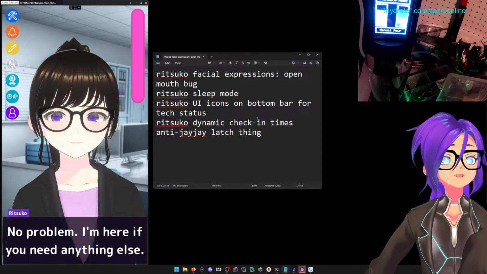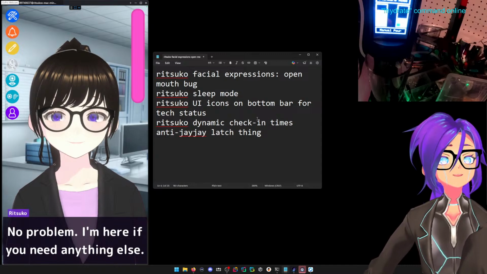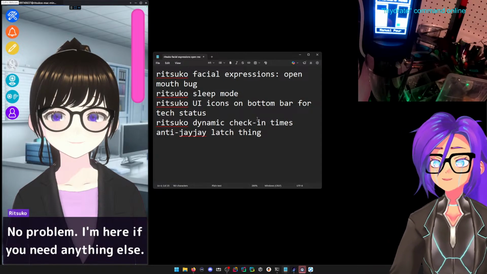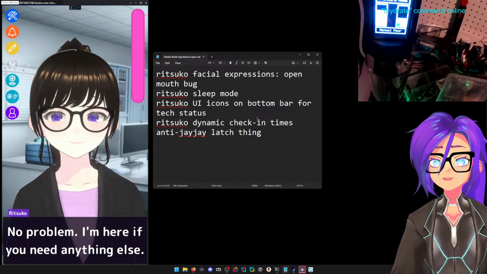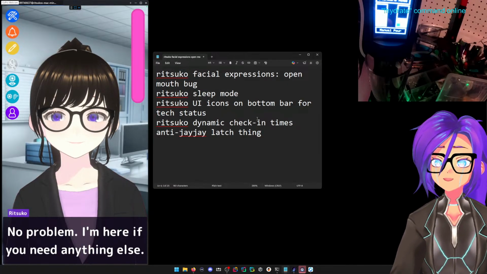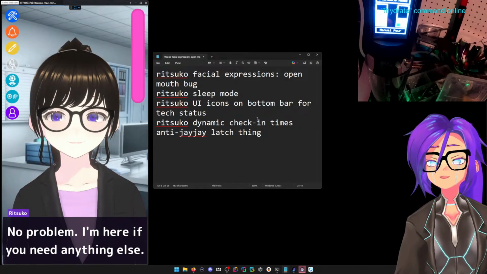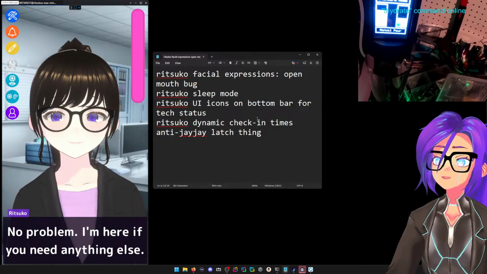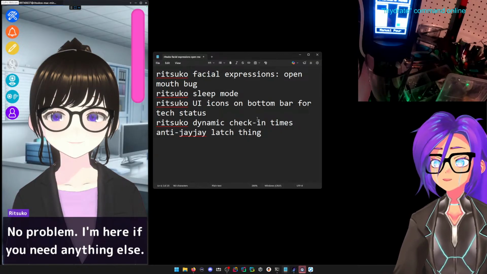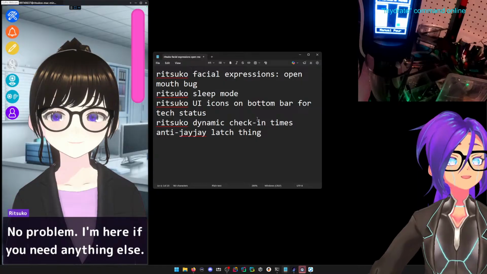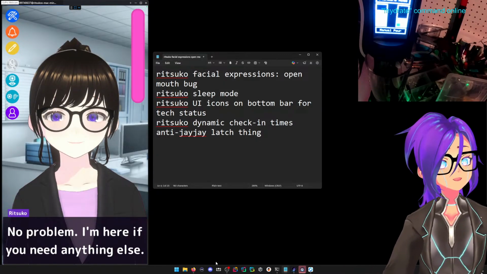So yeah, I'm just gonna straight up show my workflow on that and show that, yeah, I'm defining the specs, yeah, I'm copy pasting stuff, yeah, I'm testing it out. That's just how I find I work faster in 2026. But first, we're just gonna go finish up that anti-JJ latch thing for the